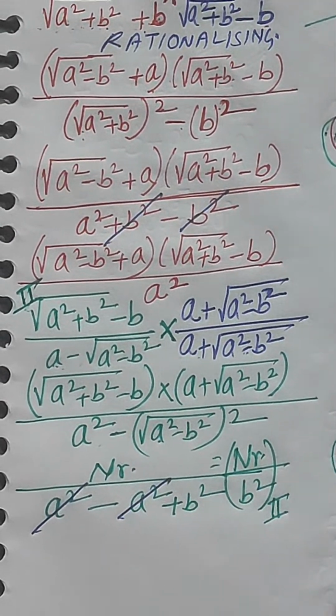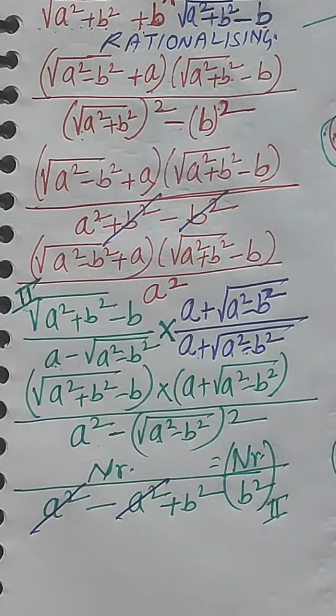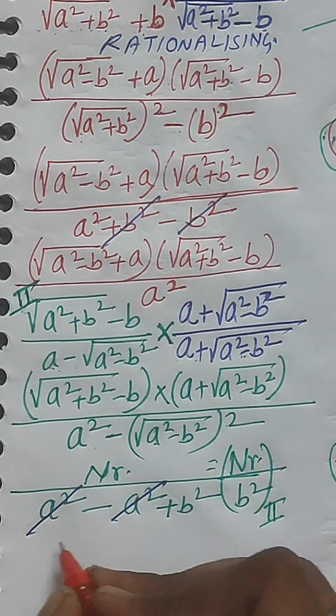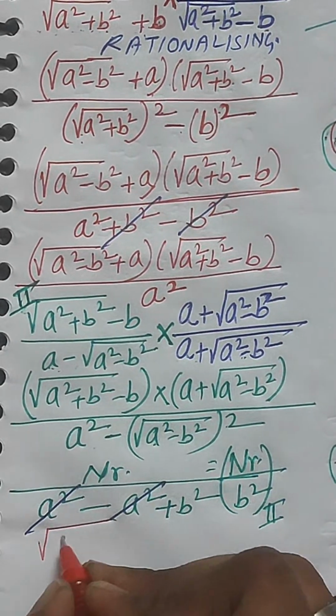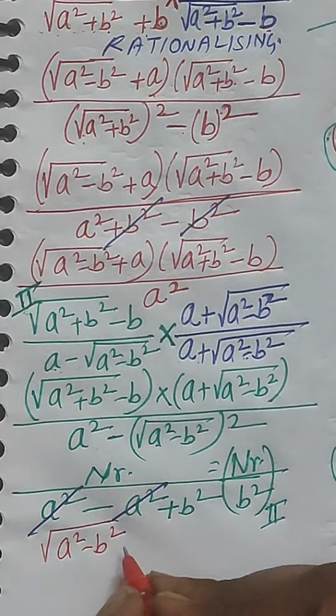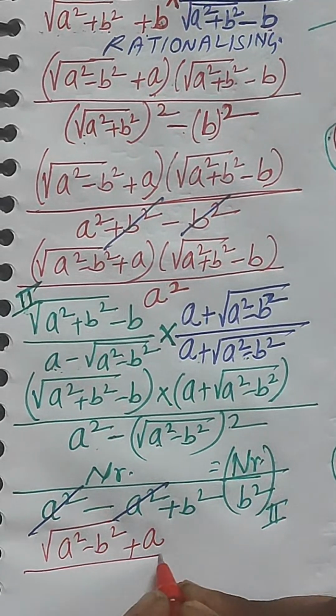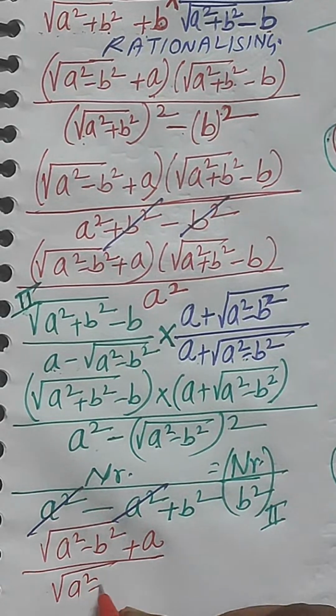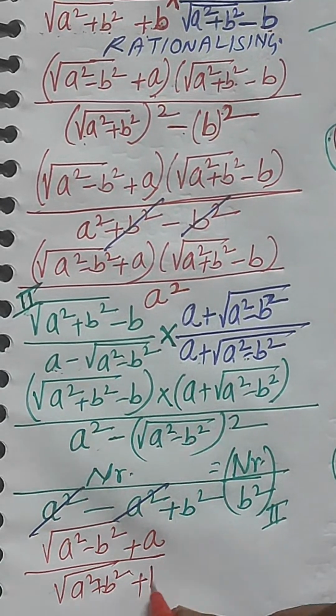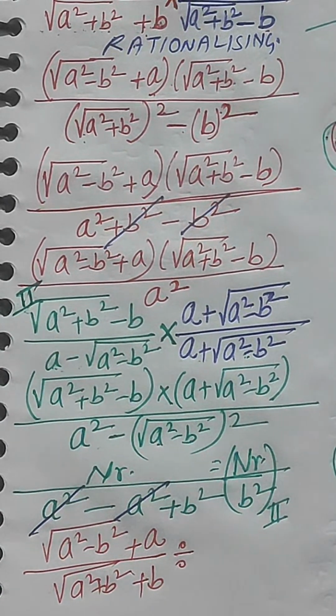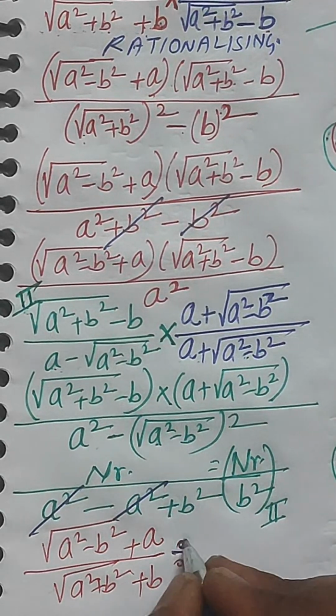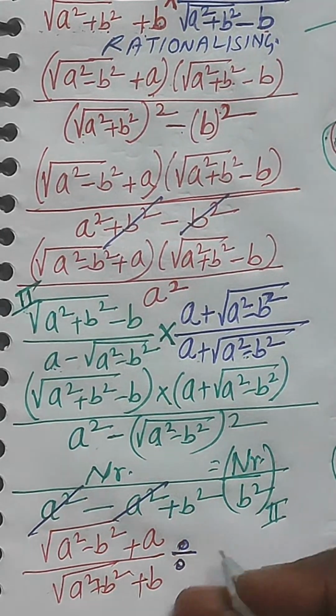So here what we have written, I'm repeating the question over here again, root over of a square minus b square plus a divided by root over of a square plus b square plus b divided by this,